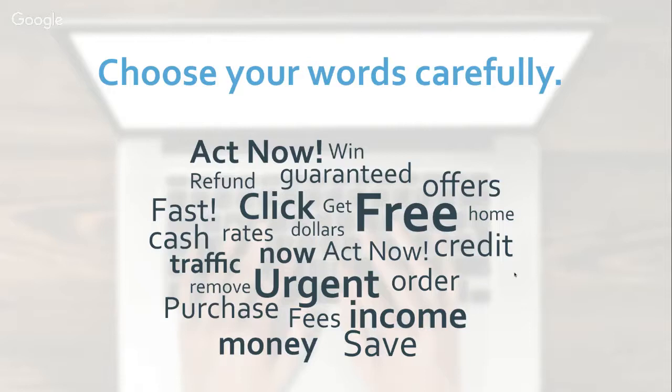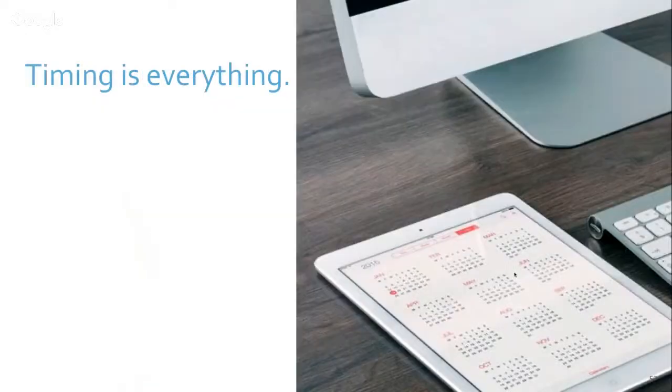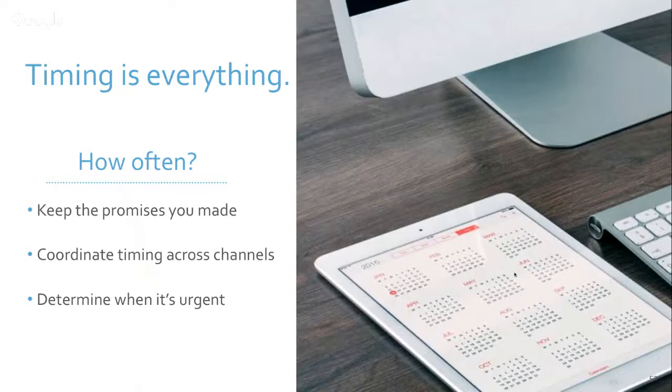Tell people what they should care about, why they should care about it, and the next step they should take. Timing is, of course, everything. So how often should you send? Well, just keep the promises that you made. So for Carol's example, she probably has a lengthier email that she sends out once a month. That's expected. And if you promise them in the first email or in the thank you letter that you give them that you're going to send a monthly email that has deeper dives on what's happening at your organization, that should be what you deliver.